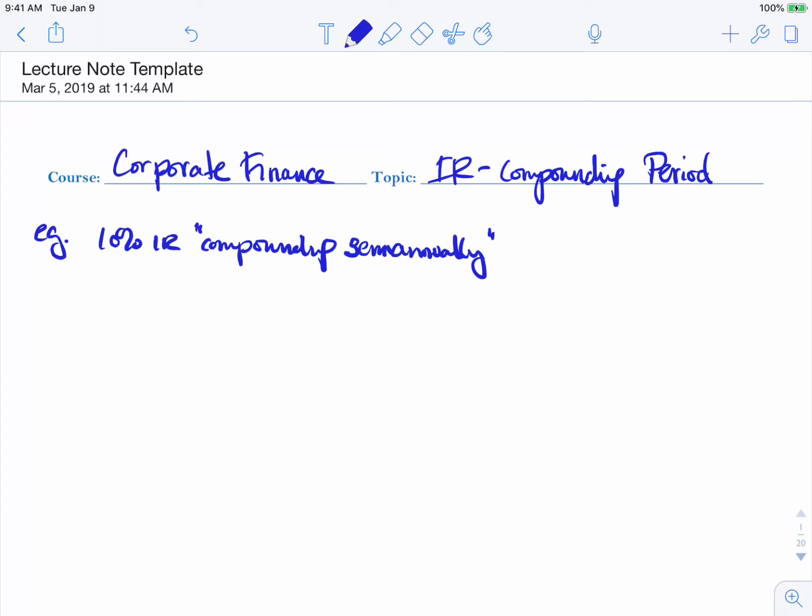This means that a $1,000 deposit into the bank would be worth